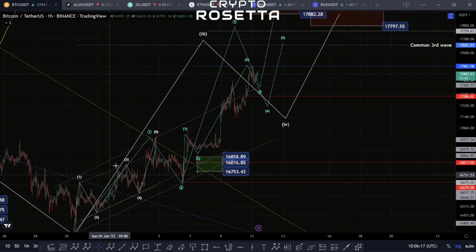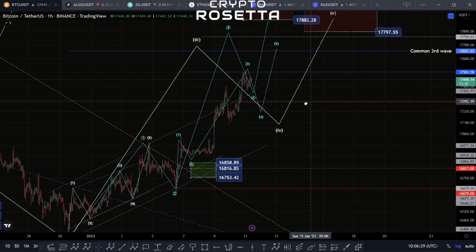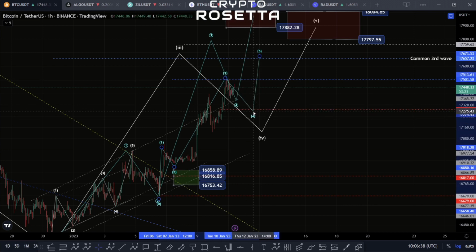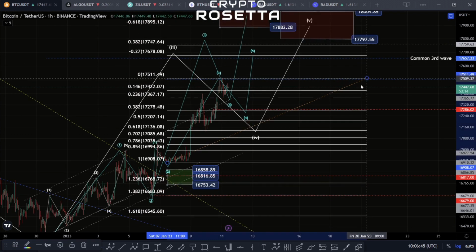So we'd be looking at this as a 1, 2, so we'd have a diagonal within this move here. This is a 2. We have this as a 1, 2. Then actually, we would be looking at this third wave coming in now. And the way we'd be looking at this is a 1, 2, 3, 4, 5 into this high. So effectively, we'd be looking for a bit of a deeper fourth wave here. This fourth wave, if we're looking at it in this regard, would potentially be looking to move down towards the zone here between the